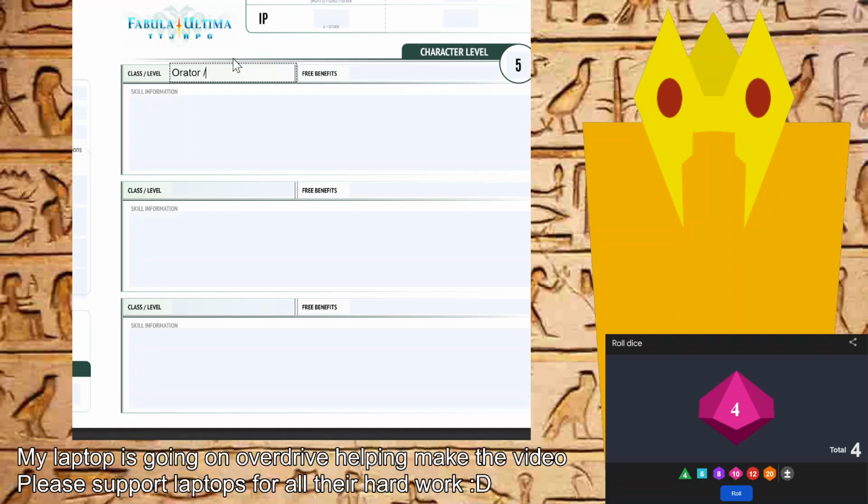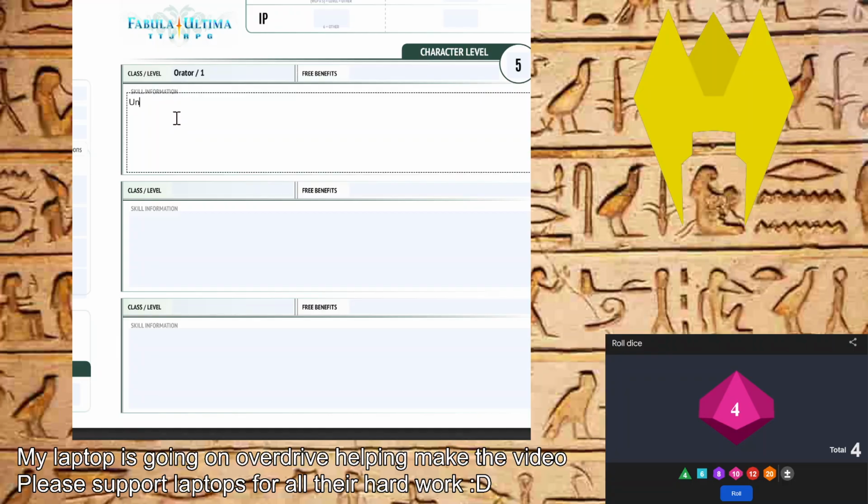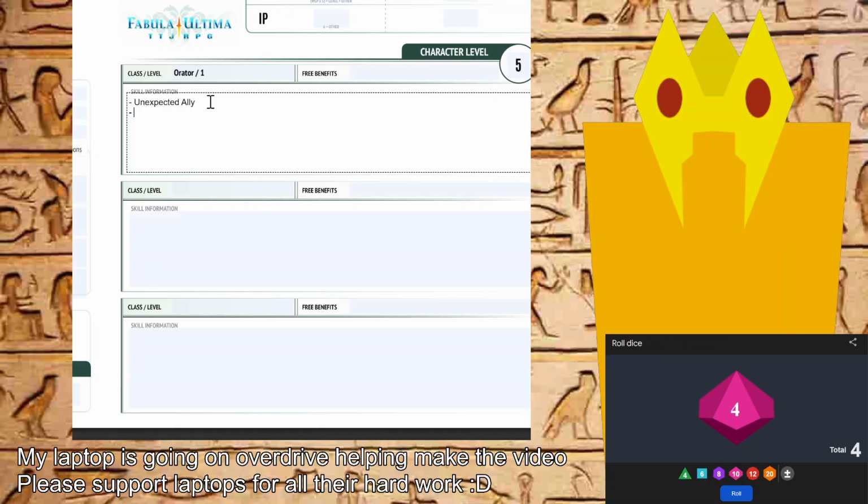And of course we're going to have, I'm going to say, honestly, persuasive is also tempting to get at least 1 level into. So we will do that, actually. We're going to do unexpected ally. And we're gonna do persuasive